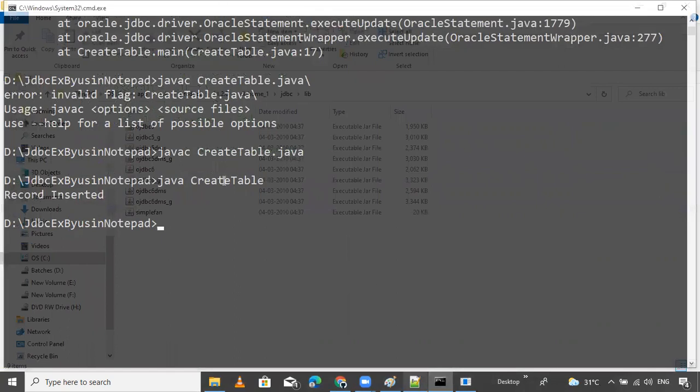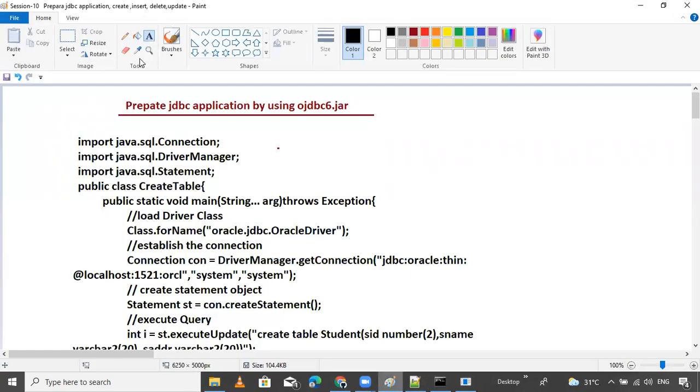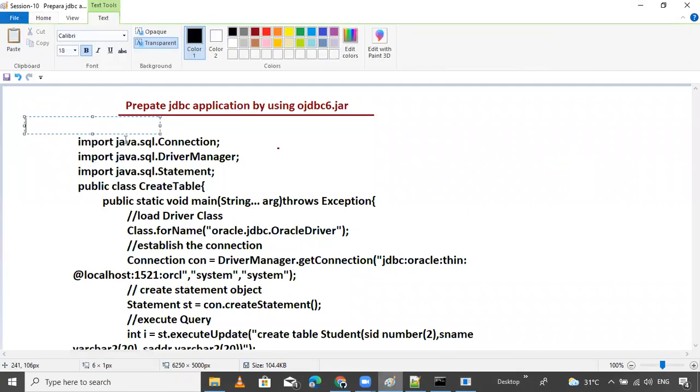This is for what? I want to write some table creation code method.